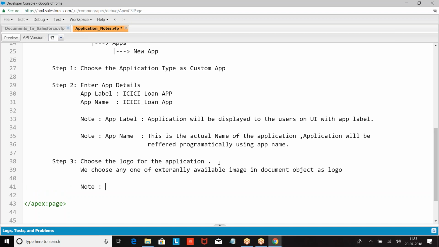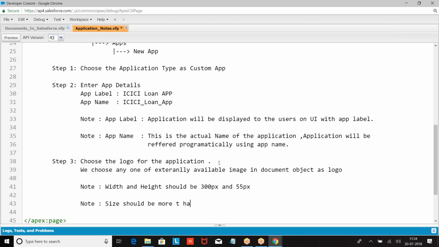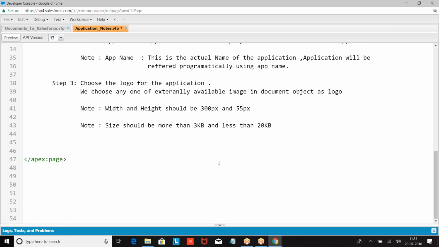Note: the size should be more than 3 KB and less than 20 KB.